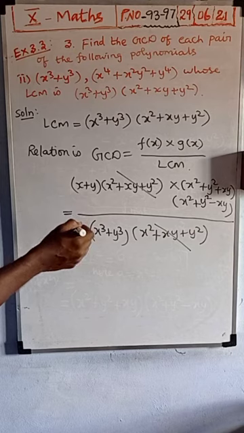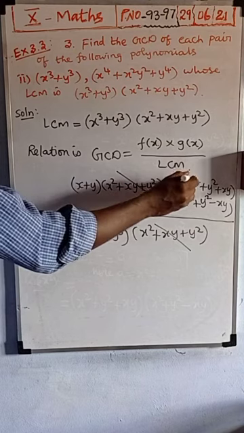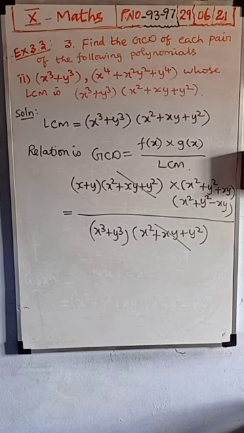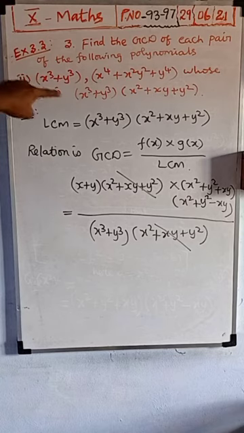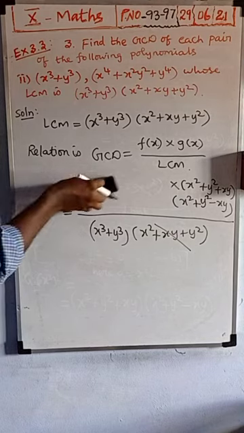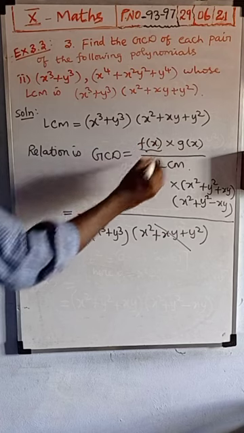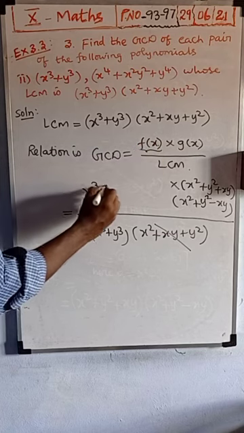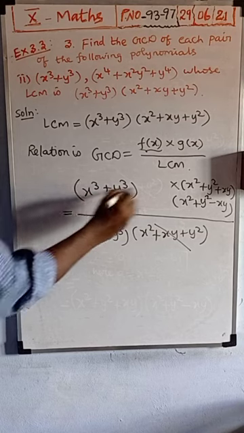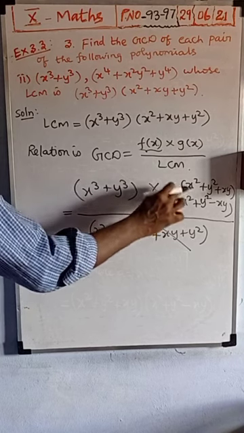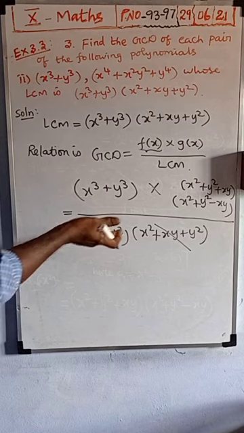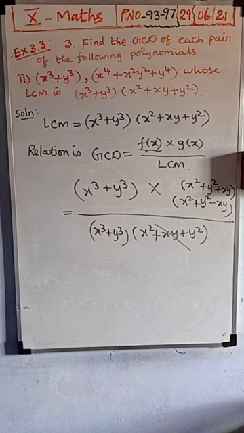Okay, remaining this and this we can convert into. Or else you see f of x, no need to find factors, as it is we can write, because numerator x cube plus y cube, denominator x cube plus y cube will get automatically cancelled. Or else this we can change it as f of x, you can change it as x cube plus y cube, as it is you can write into this g of x factor. Suppose you factorize and you substitute, you cancel, the same answer only you will receive.